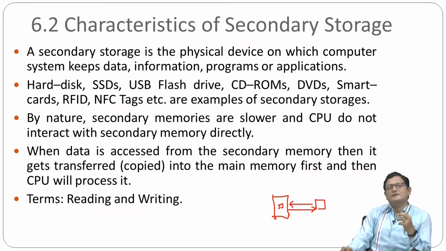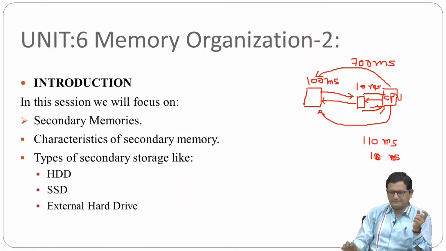Reading means if we are reading a memory, we are taking the data from the memory. And if you have some data and you are writing it in the memory, if you are storing it into the memory, then it is a writing operation. So these are the two terms. Okay,